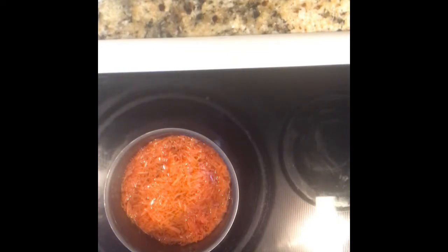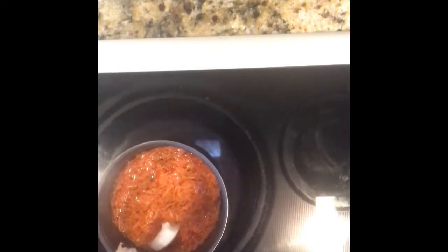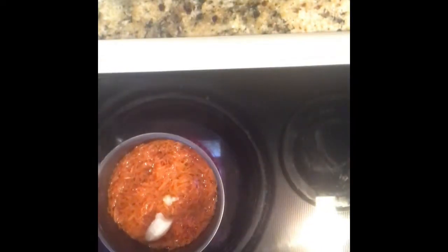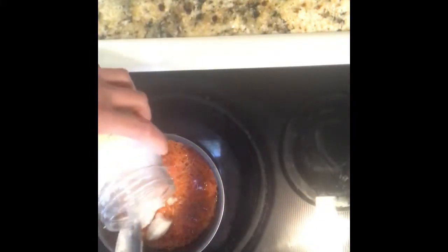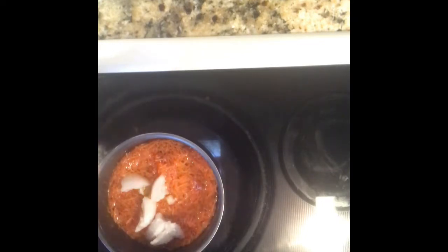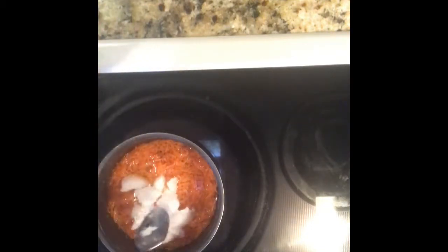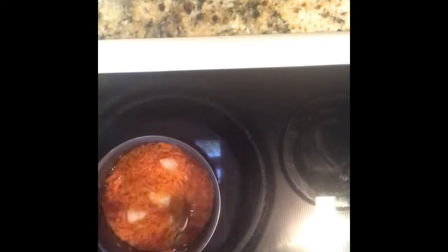So what I did here is I got the shredded carrots. I just cleaned and scraped them to remove whatever junk is on the outside of the carrot. I used 2 small carrots, and I think those 2 small carrots probably equaled 1 nice normal sized carrot. I shredded them, and now I'm adding more coconut oil because there wasn't enough of the aloe butter. Well, I had more, but I wanted to add more coconut oil